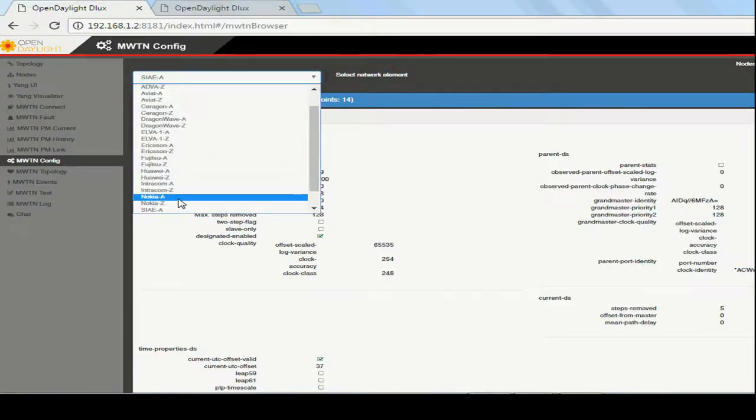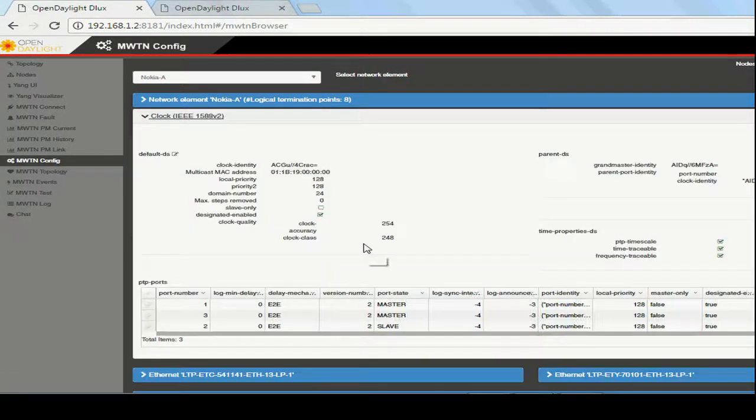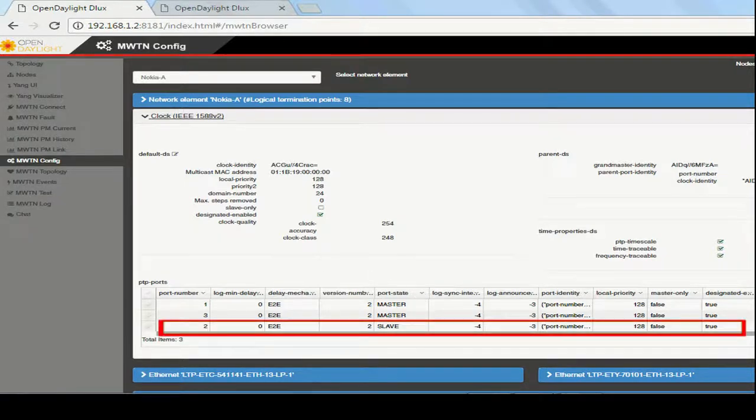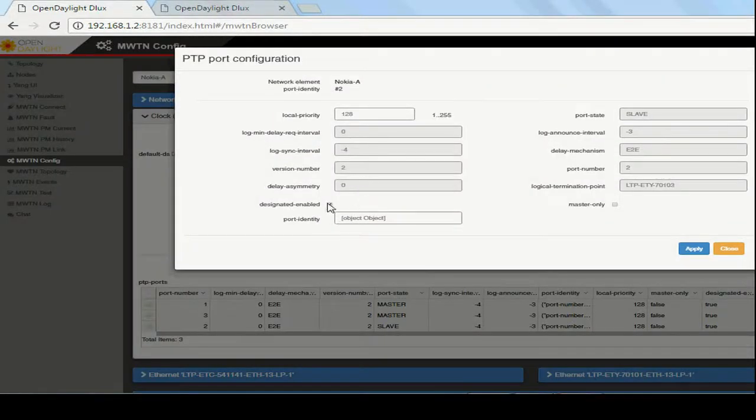Let's now try and see what happens when we change the state on one of the ports on these devices. At this point, we are on Nokia A, and we see this is one slave port that's connected to the Grandmaster. If we then go and disable this port,